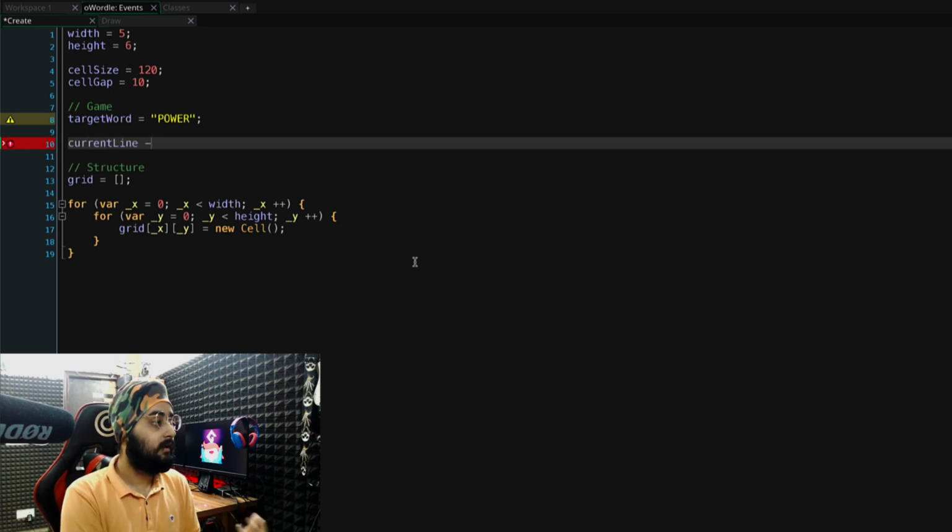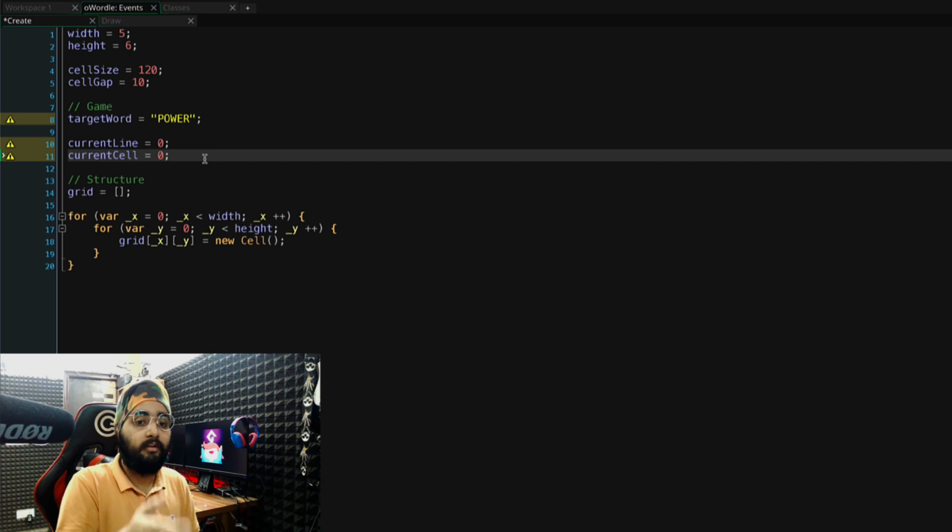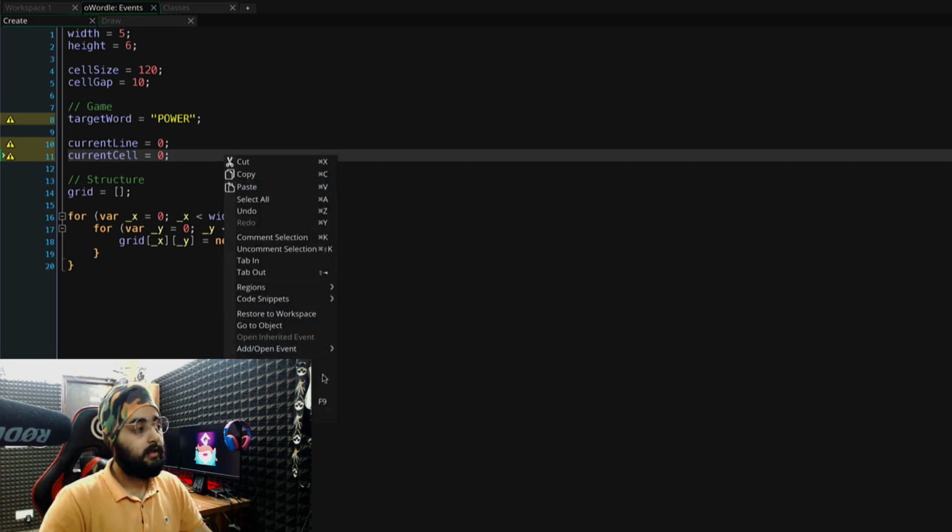Then we have the current line. So which line in the grid are we on? And then we have current cell, which is the current horizontal cell that is selected. This also starts at 0. So the first cell or the first letter is 0, the second one is 1, then 2 and 3 and so on. Now let's go ahead and add the step event to this object, where we'll have our main logic,